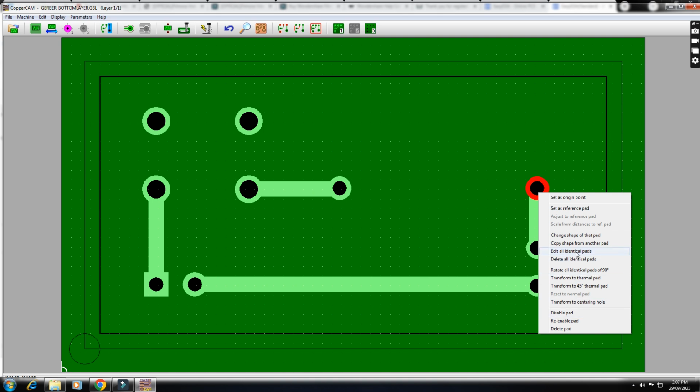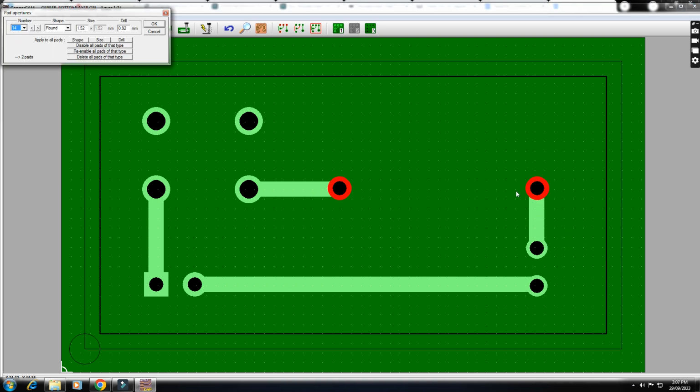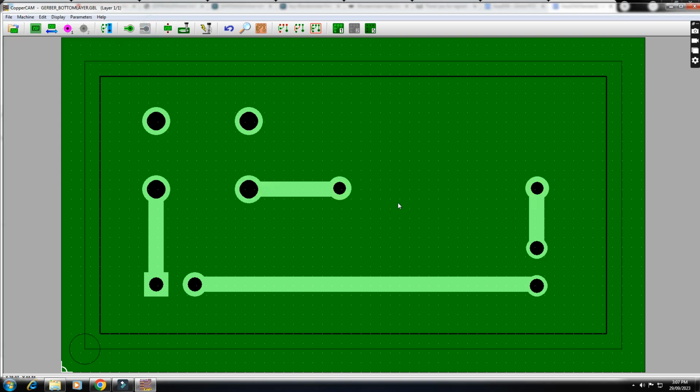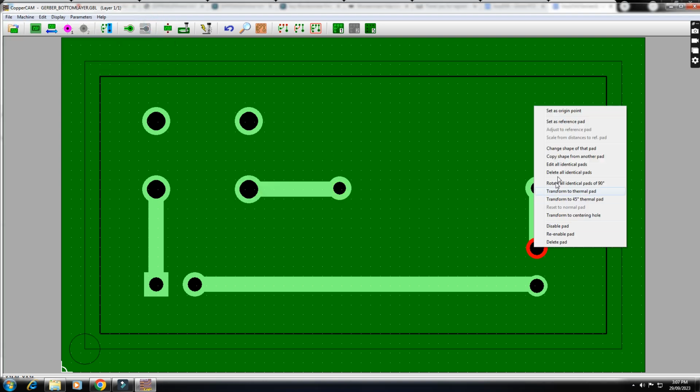So, edit all identical pads. Only 2 pads are identified as identical. So let me make the drill size say 0.8. Okay, so these two are 0.8 now. I will change this one also. There is another option to